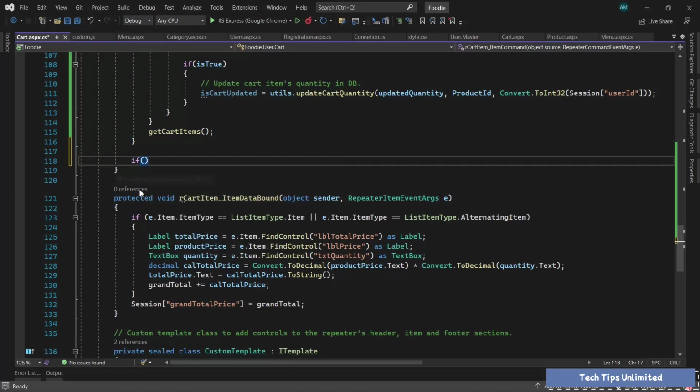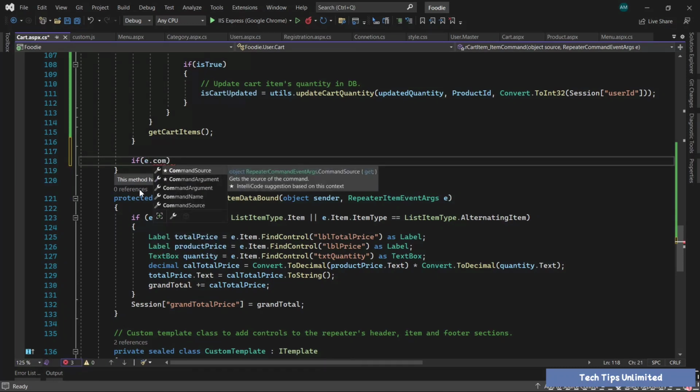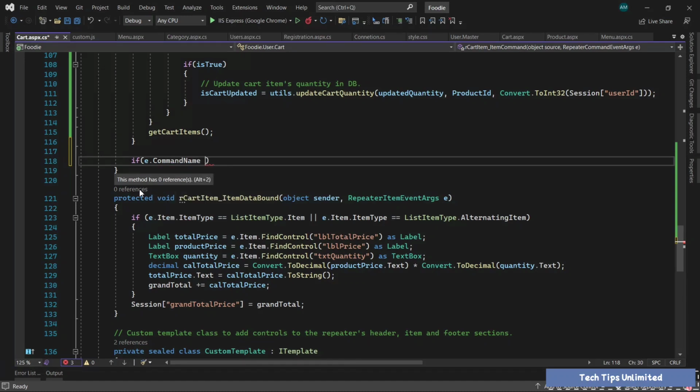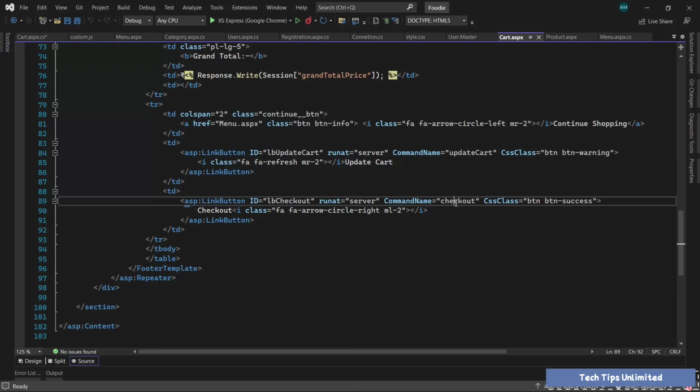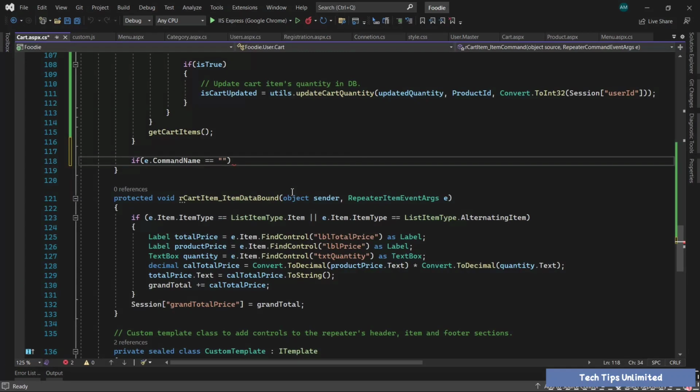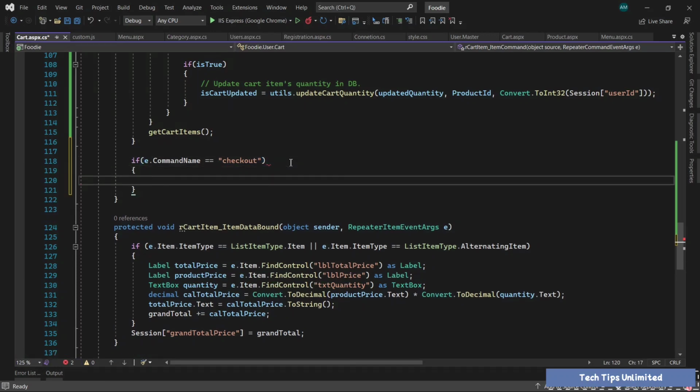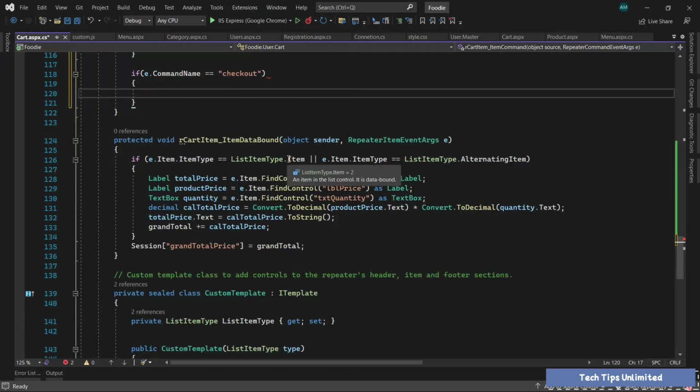If e dot command name is equals to checkout, that is in the cart design page, where you copy, paste. If it matches, then let's take here a bool is true,